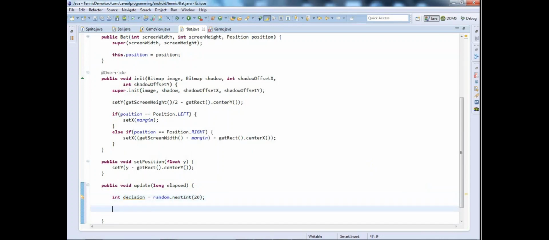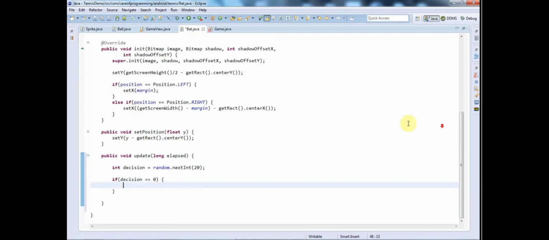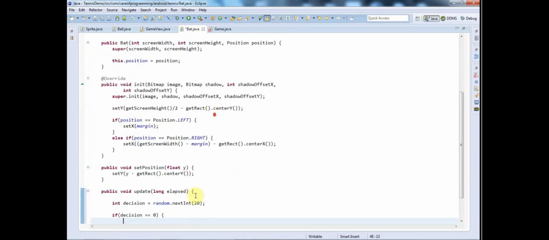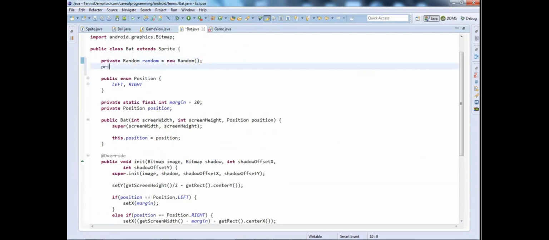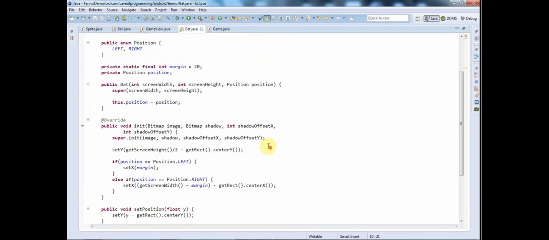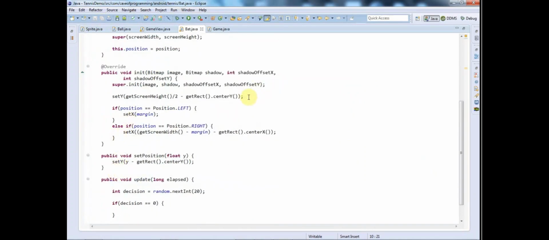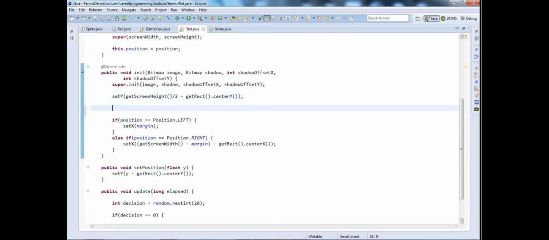And then I'm going to say if decision is equal to 0, well, what I'll do is I'll also give this a direction. So I'll say private int dir, for direction, and I'll just save that. And in init here I'm going to initialize dir to either -1 or +1. Yeah, let's do that. So I'll say dir equals